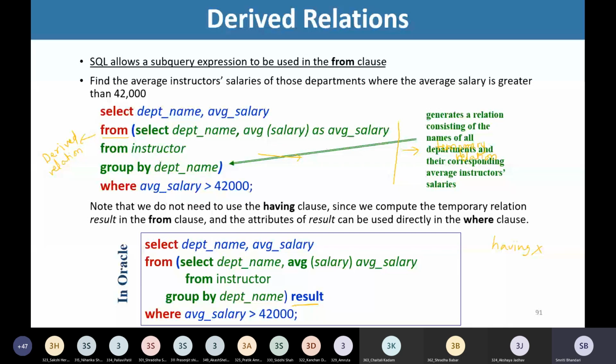So in the next session, we'll focus on a few examples under derived relations and also on the with clause, which also helps us to write complex queries. So let's stop today. Thank you.